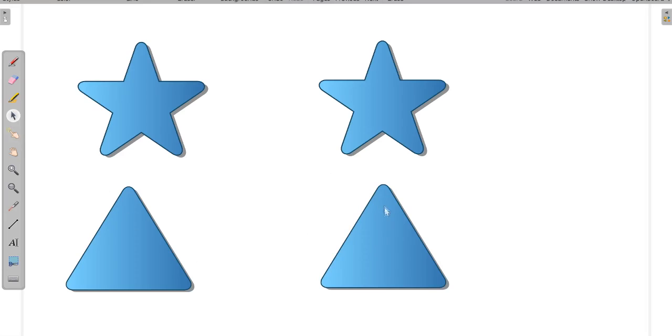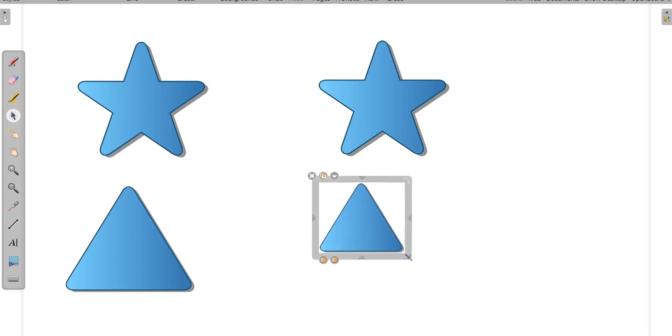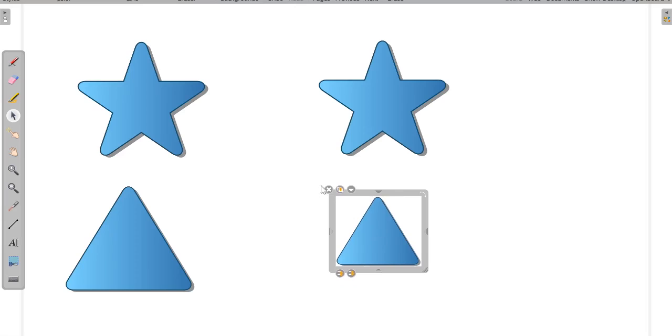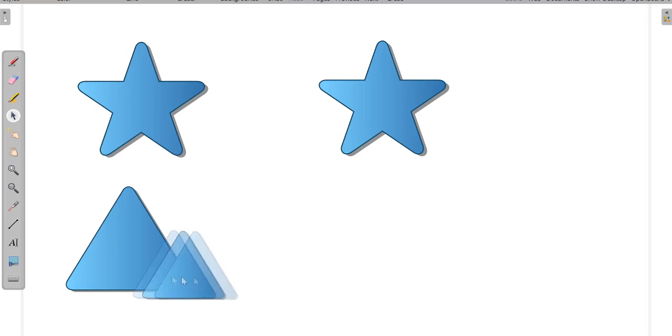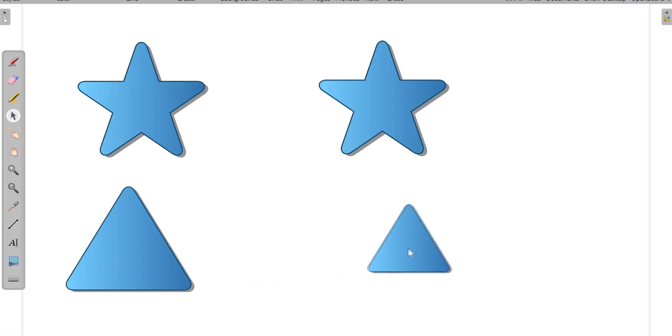They should have the same shape as well as the same size. Suppose in this figure I reduce the size of this triangle. Now can we say that these two triangles are congruent? No, they have the same shape but their size is different. We cannot say that these two triangles are congruent, because if I superposition this, it will not exactly match the other figure. So the important thing in congruency is that the shape should be the same as well as the sides.